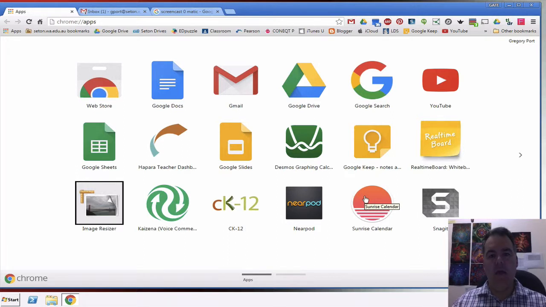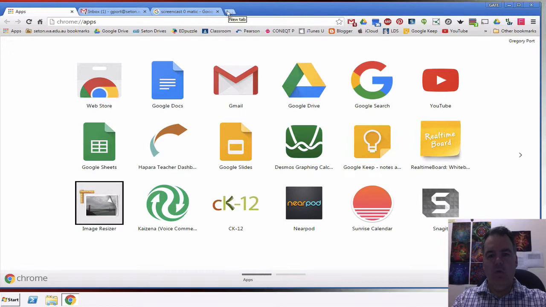Here we are in Chrome, and these are kind of browser-based, web-based tools, although one of them you can download as well. I'm going to start with Snagit. Snagit is a Chrome extension. You see I've got it sitting up here in the toolbar. It's called Snagit Chrome. So if you want to go and get it, you just got to go to the